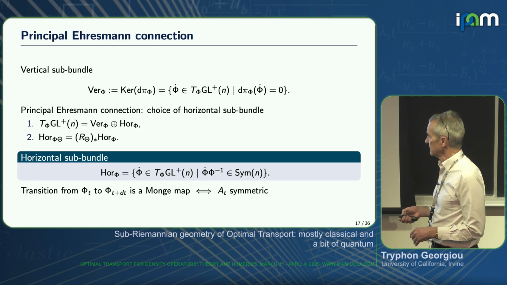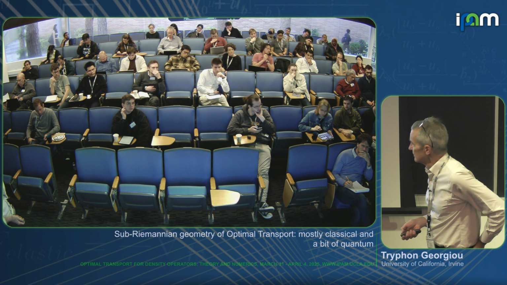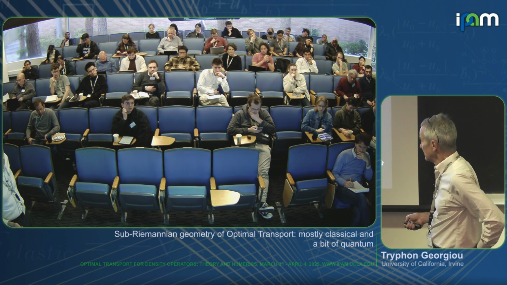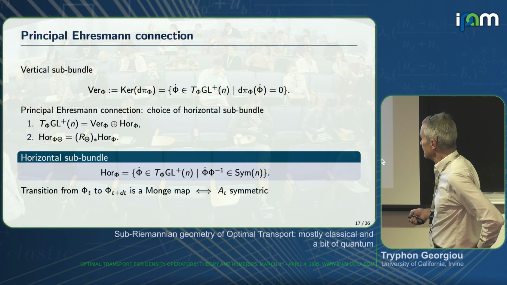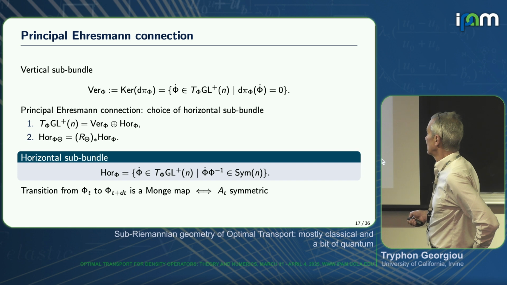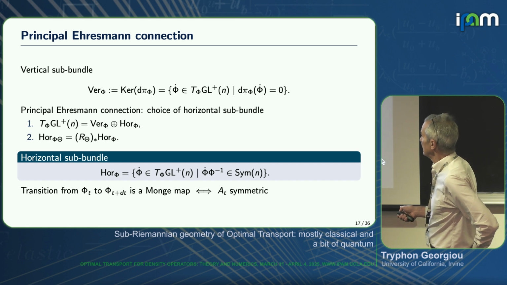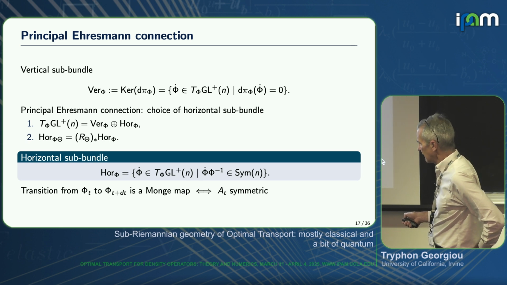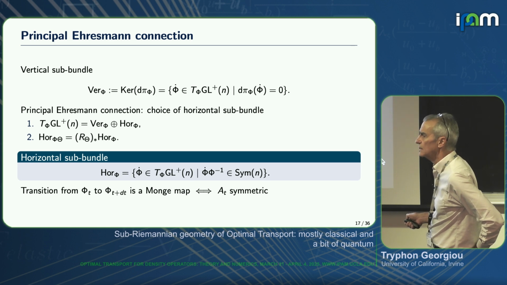Can you go back one second? In these slides, A_t, what is it for you? The derivative in t of sigma_t? Or, no, A_t in the last line. Here, the A_t. Well, the horizontal space is the phi dots, right, that are allowed. And this, for us, is specified, so phi inverse is symmetric. That is the A_t. It's the one that was solving phi dot equals A phi.